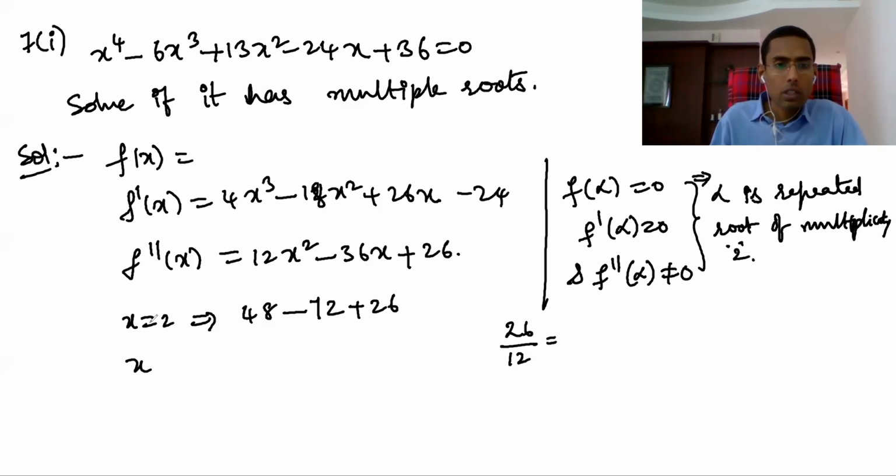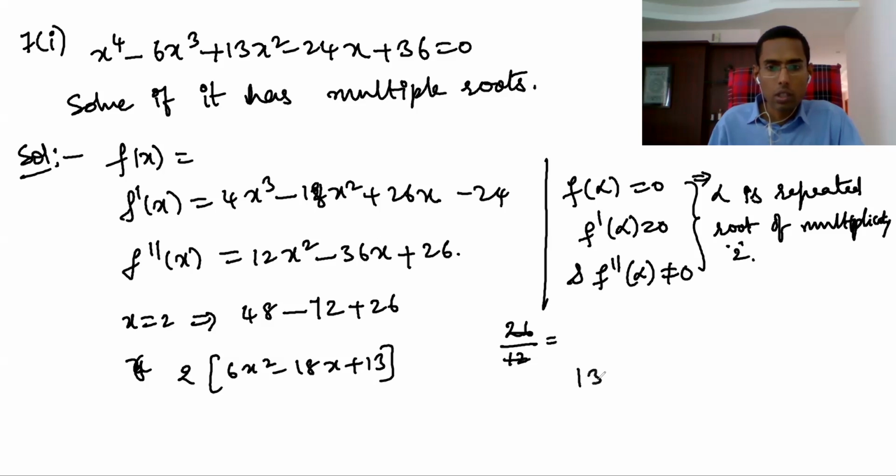Instead of this, what we can do is solve it. If you take 2 common, what you are going to get is 6x square minus 18x plus 13. So this is 13 into 6. What we can write so that we get 18 is,